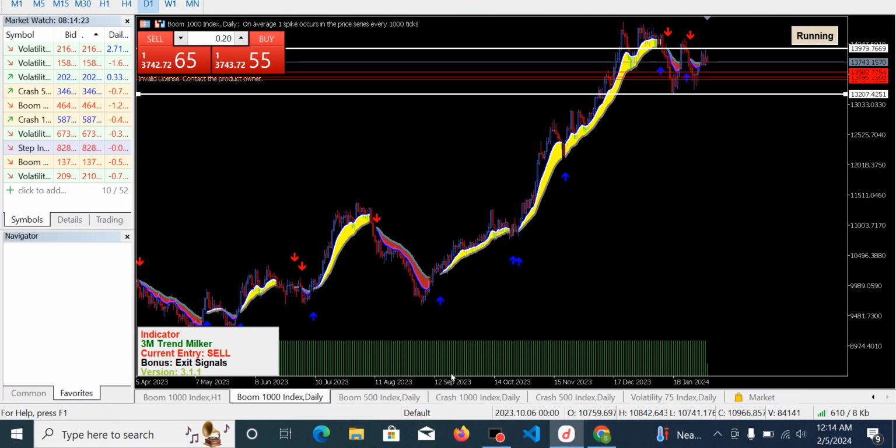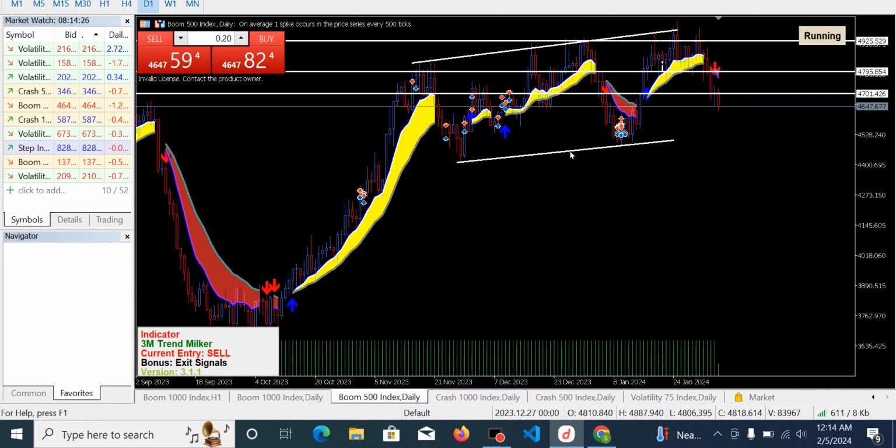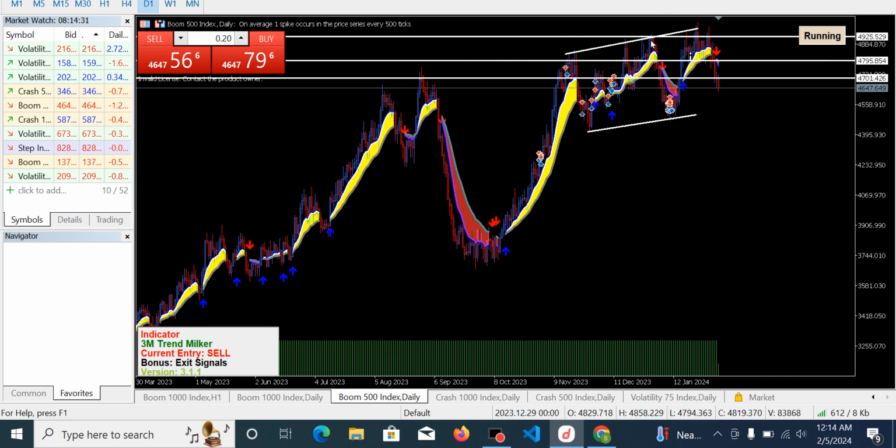The next asset is going to be Boom 500. Let's check it out right away. This is Boom 500, and of course I had this mapped out last week. I said it is playing in between this channel. Just the way we're saying, it is still playing within it, and it is heading towards the end part of this channel now. If it breaks out below it, it will sell more, but if it does not, it will go back up again to see if it will be able to break out above the resistance zone right here.